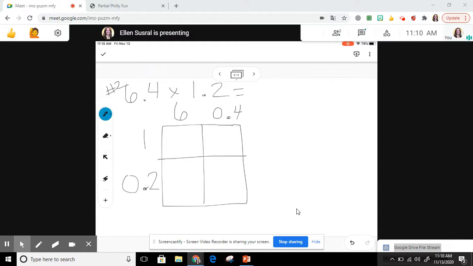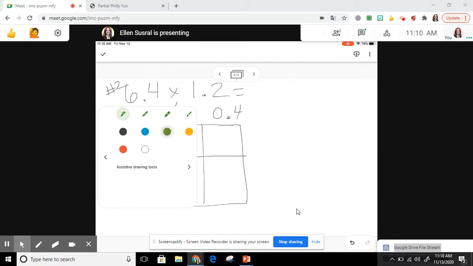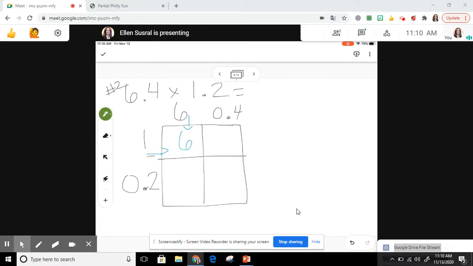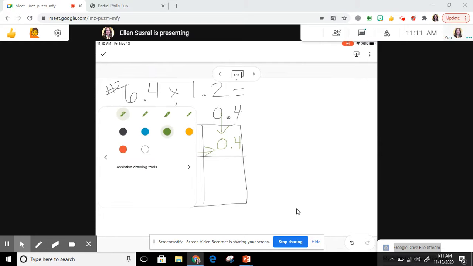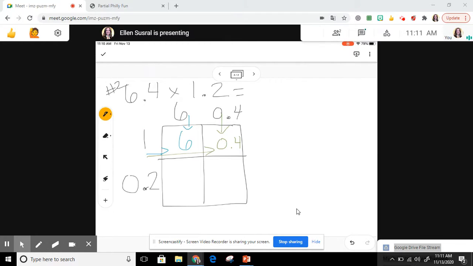So I'm going to start with 1 times 6. I'm going to do 1 times 6, which is 6. And then I'm going to go to my next 2 numbers. We'll do 1 times 4/10. Anything times 1 is itself. So that's going to be 4/10. Then I'm going to do